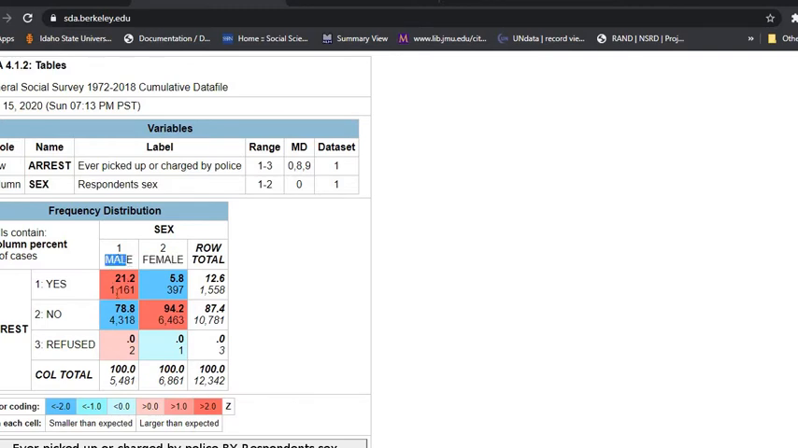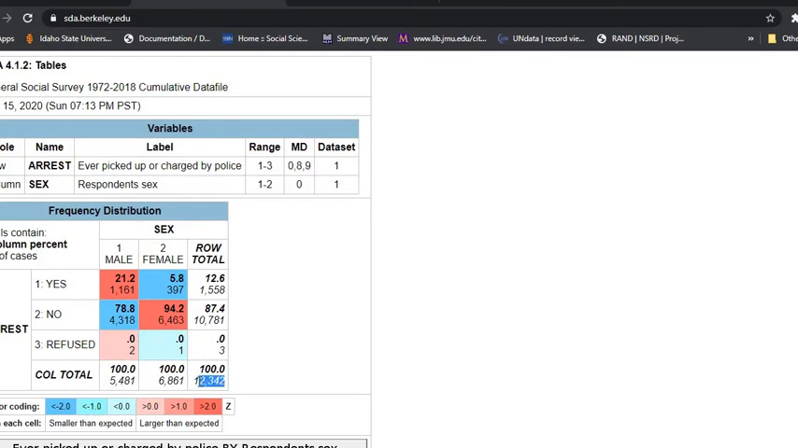If you look at the bottom of this column down here, you're going to see that there were 5,481 males in this sample. There's 6,861 females in the sample, so there's more females than males. When you add those two up, the males and the females, you get 12,342 individuals, total people. So down in this bottom right-hand corner is where you get the sample